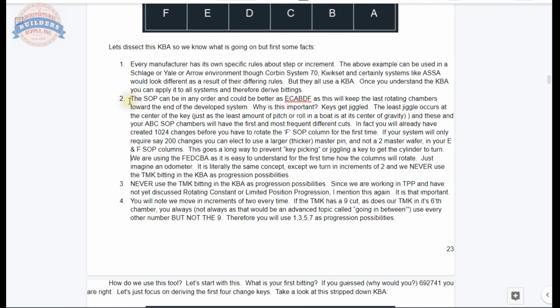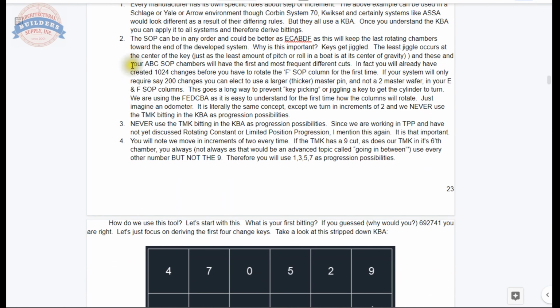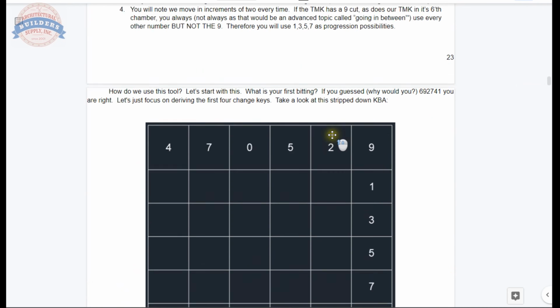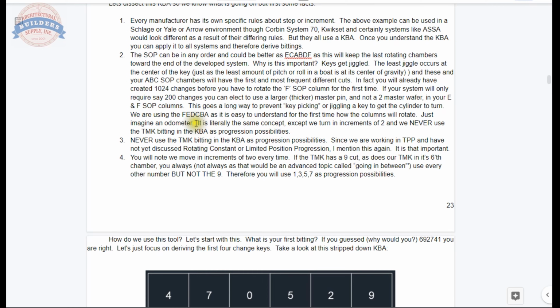We are using FEDCBA, as it's easy to understand for the first time how the columns will rotate. Just imagine an odometer. It is literally the same concept, except we turn in increments of 2, and we will never use the TMK in the KBA progression possibilities. Another rule, never use the TMK bidding in the KBA as progression possibilities. Never. If you do that, you're going to create